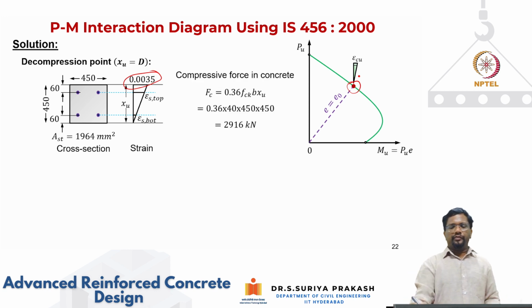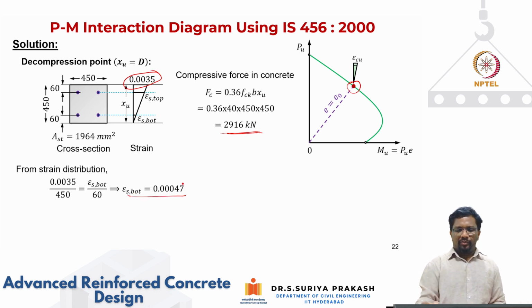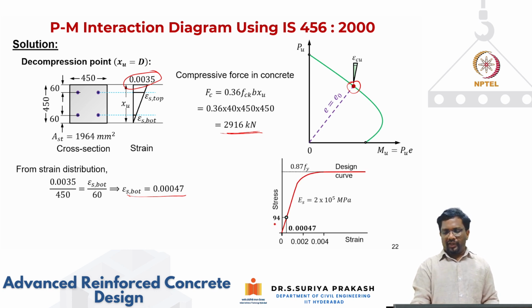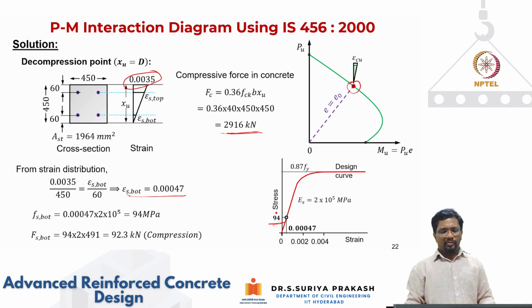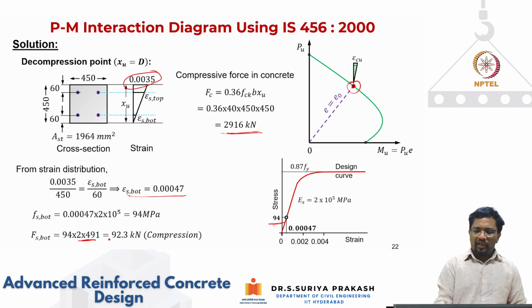So again, FC is straightforward, 0.36 FCK B XU. Then I get a value of 2916 kilonewton. Then from strain distribution, bottom strain is working out to be 0.00047, right? It is at a very, very small compressive strain. And for that strain, I get a stress of about 94 megapascal. So then Fs bottom is 94 megapascal. The force is going to be 94 multiplied by 2 into 491, which is the area of steel,